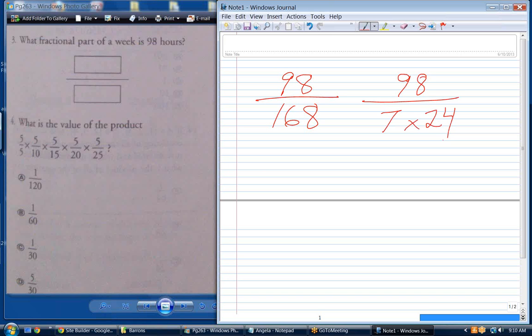Maybe that'll help. Instead of as 168 and then having to go backwards to reduce it. Well, seven goes into 98 14 times. Now 14 over 24 is quite a bit easier to reduce because I can see, usually when I